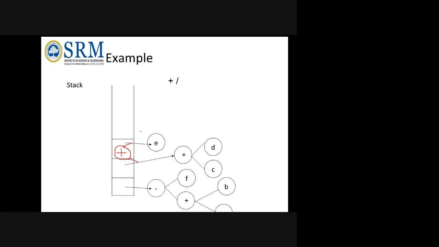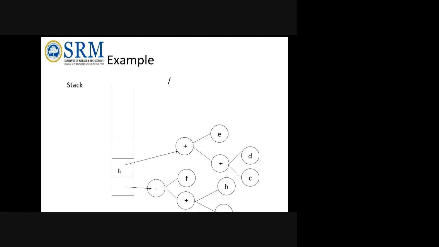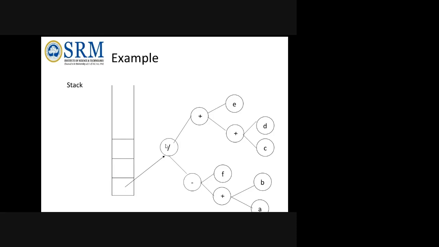Then a slash comes. So when a plus comes, what happens? This will take the role over here only. So next, this whole will become my left child, and this whole will become my right child. So when a slash comes, that will be applied between these two only. Okay, after that nothing is there. So this is my child. So slash, my left, right, then again my left, right, my left, this side.